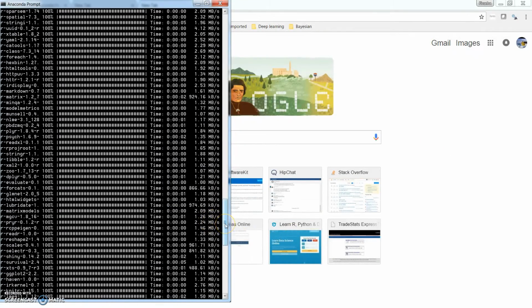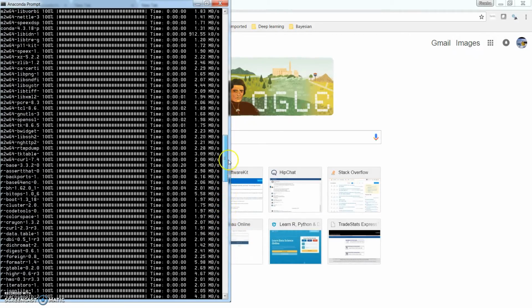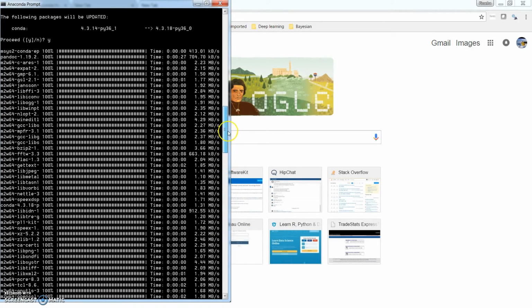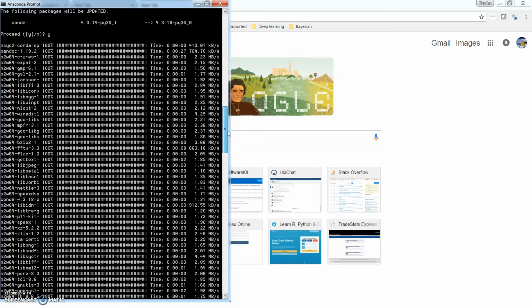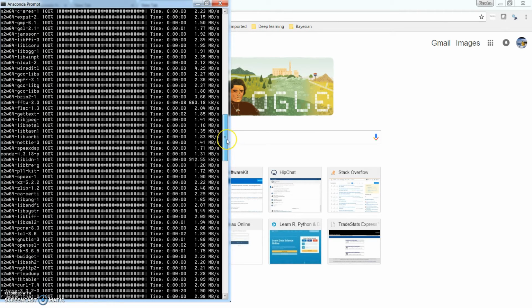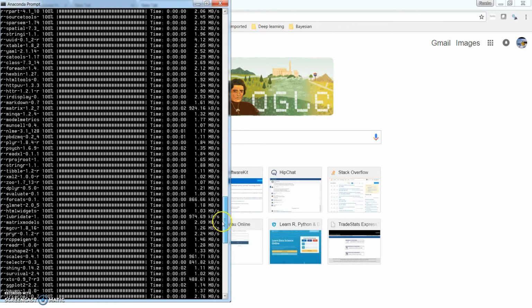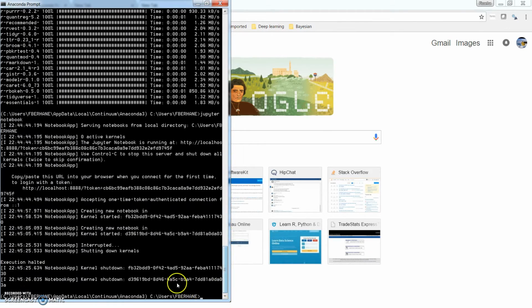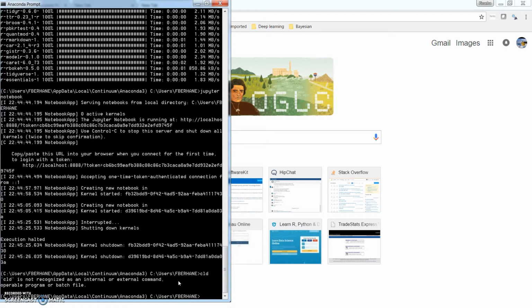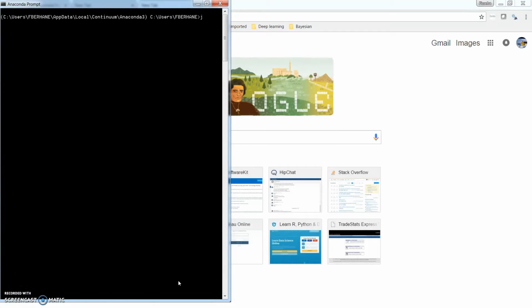Okay, so now as you can see, we have all necessary R packages installed. So R installation is complete, and we can open Jupyter Notebook and check if R has been added. Here simply type Jupyter Notebook.